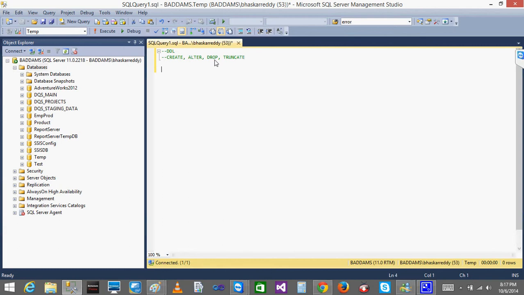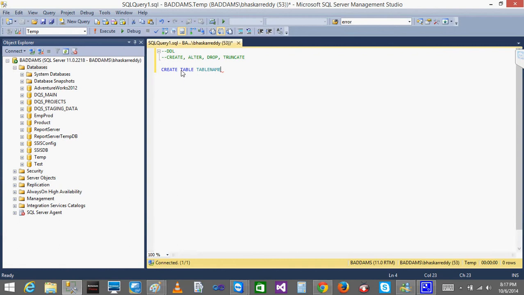First, if you want to create a table, as we already discussed in the previous class when I talked about data types, I created a table and showed a sample table, right? Same way, create table, table name. And one more thing you need to worry about.